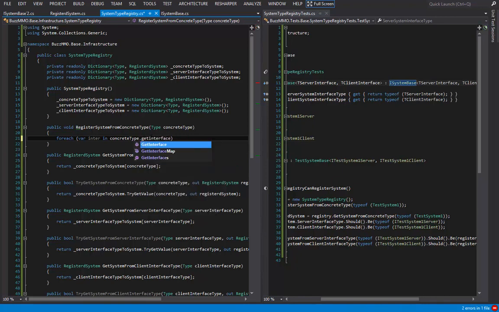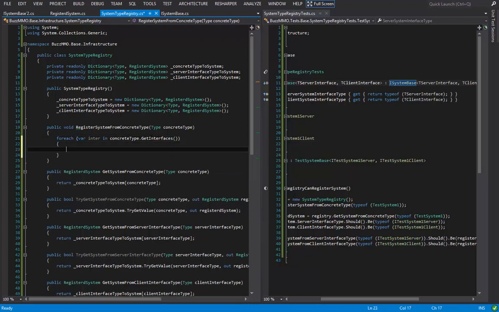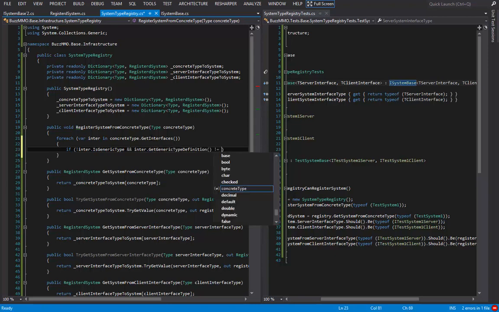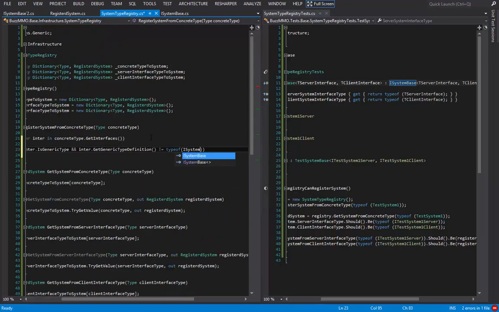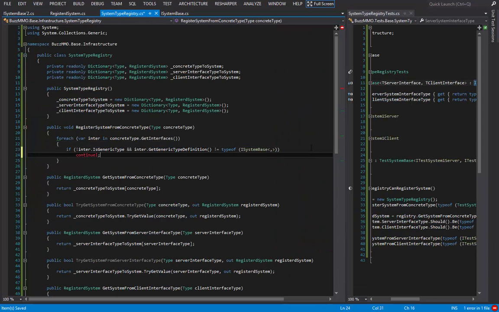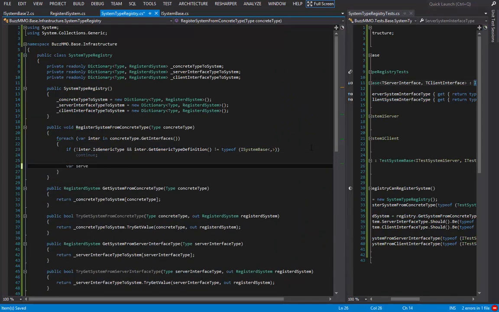Get interfaces will return all of the interface implementations, including the ones that were inherited. Then I'm going to say if not inner is generic type, and inner dot get generic type definition does not equal type of ISystemBase of blank, then continue. Otherwise, I can say var server interface